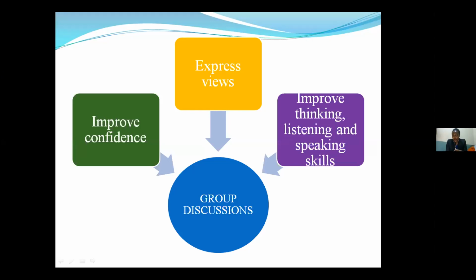And when you are praising the students, it's always better to praise the process rather than the outcome. When you're praising the process, the student will be able to go back and do more activities, perform things. If it is a group discussion, she or he will be able to state things in the group, give out their opinions and things like that. So make sure you praise the process and not the outcome.